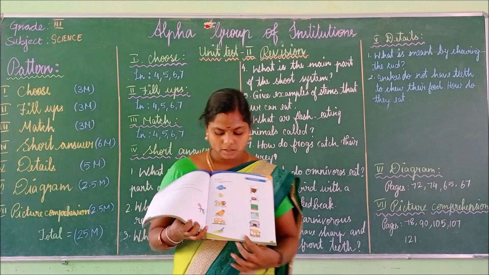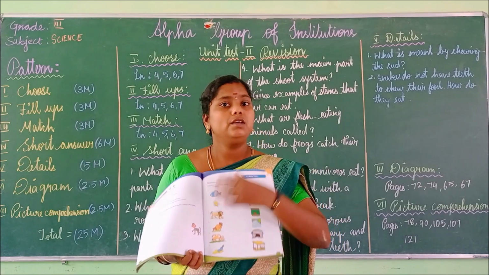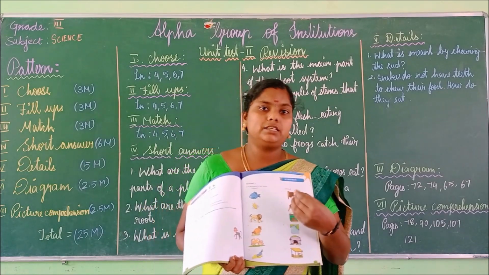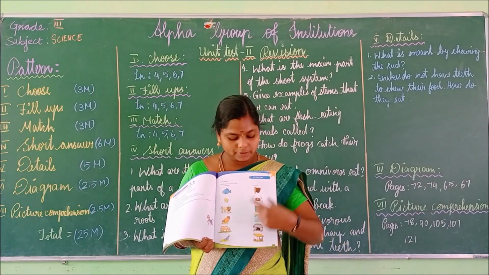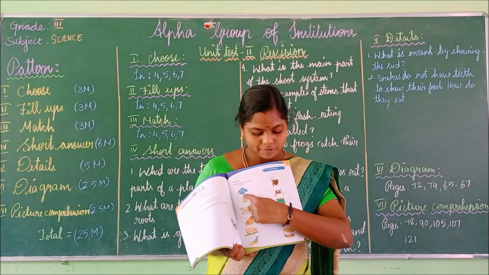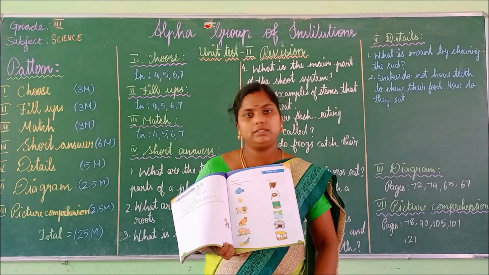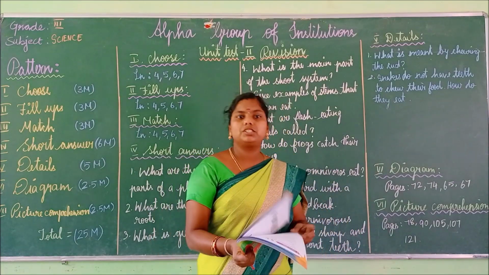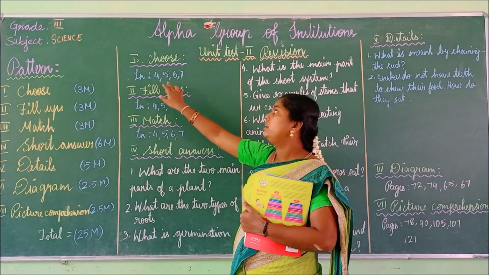Your last one, page number 121. Here it is the same, label the animals and their homes. Already we said they are eatables. So label the animals which they will eat, and here the animals and their homes are given. You have to correctly match the homes of the animals. Is it clear, children? So here your revision is over. So your lessons, lesson number 4, 5, 6, 7 from lesson